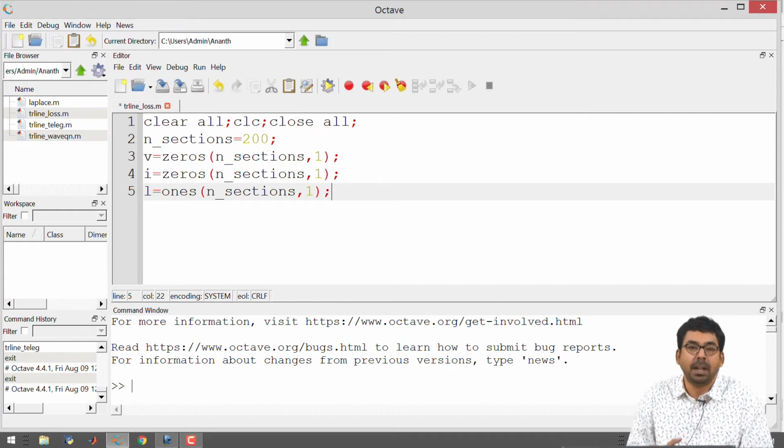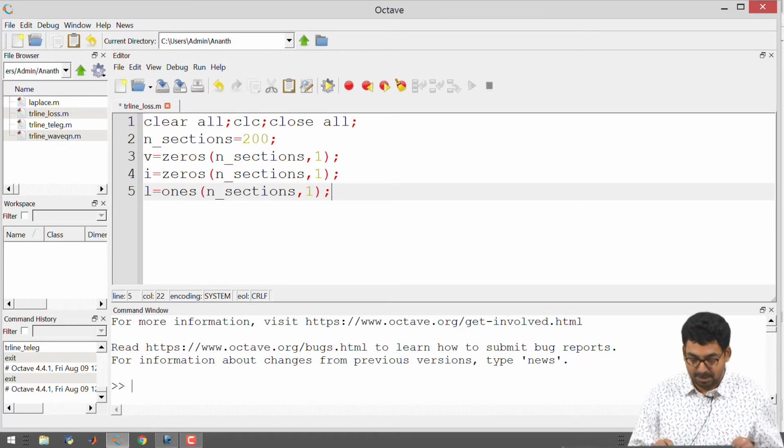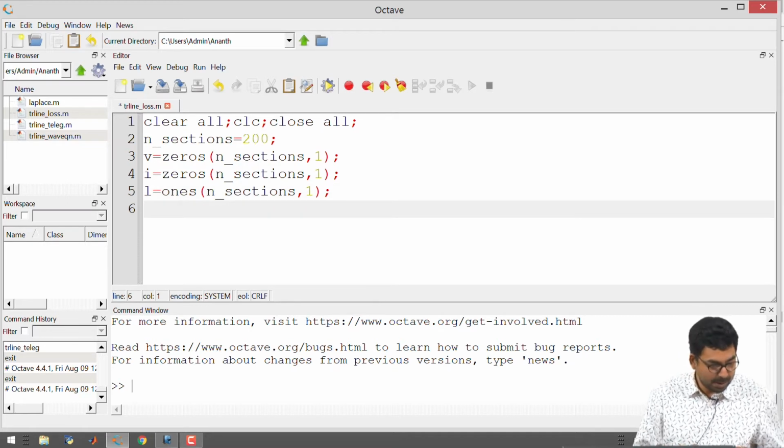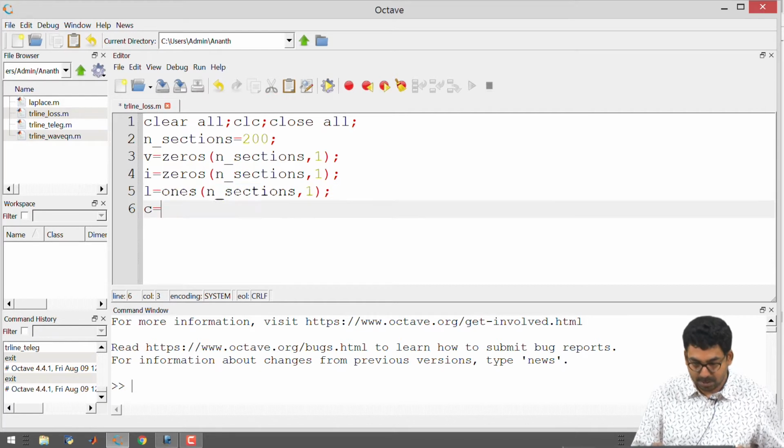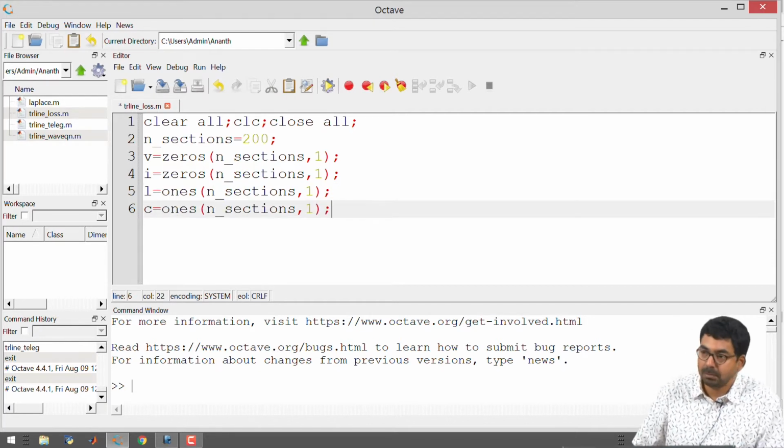This whole transmission line is beginning on the premise that there is a finite delay. So to ensure that I have a finite delay, I am starting with ones. And I am going to be having capacitance for all the sections to be equal to 1.